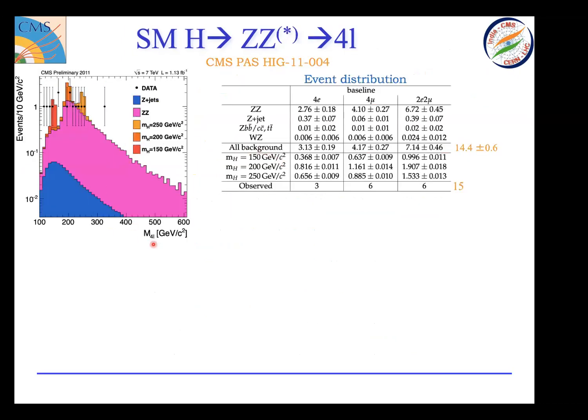And this was the 4 lepton plot for 1.13 femto-inverse. Now, if you look into this table, which was the event distribution, it is the ZZ continuum background which was dominating almost everywhere. And observed events were 15, which was consistent with the background, 14.4. But the interesting thing was taking place here. If you look at the 4 lepton invariant mass of less than 180 GeV, then there were 6 events observed, whereas the expected background was 1.9. So the probability for the background to fluctuate to at least as large as 6 events turned out to be 1.3%